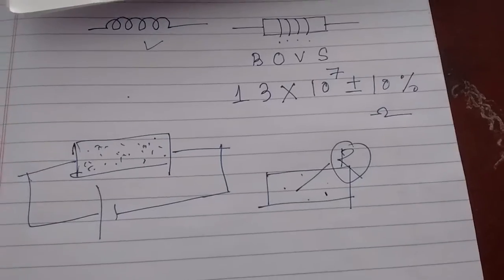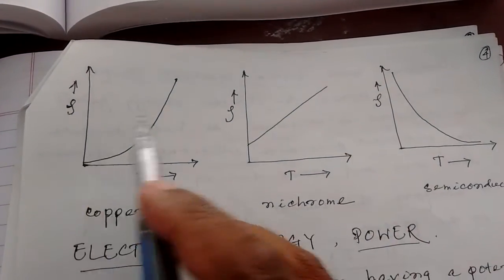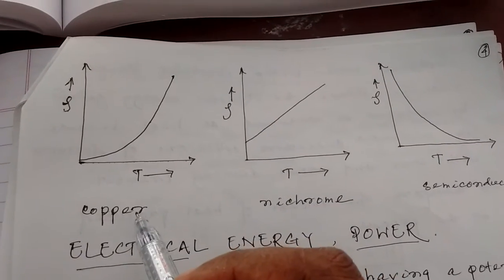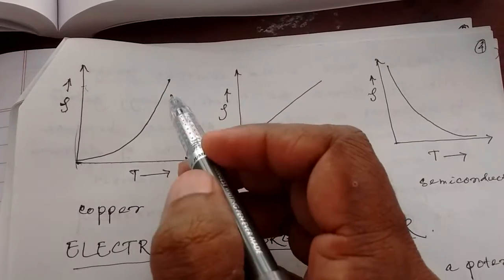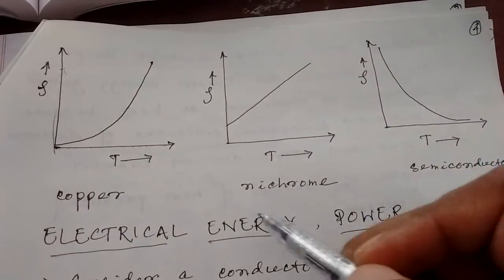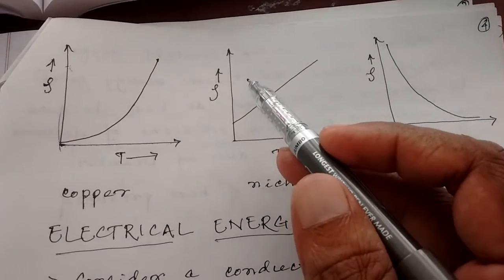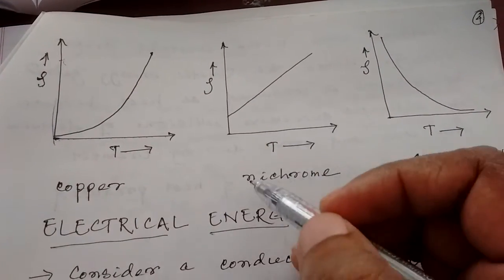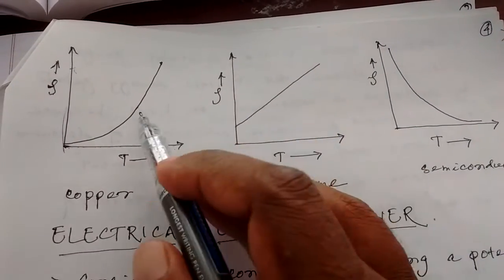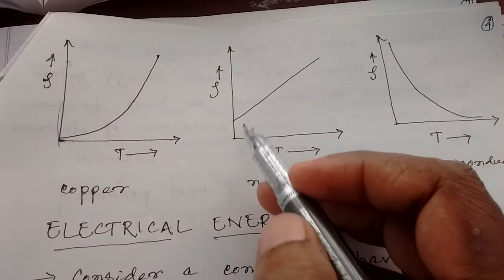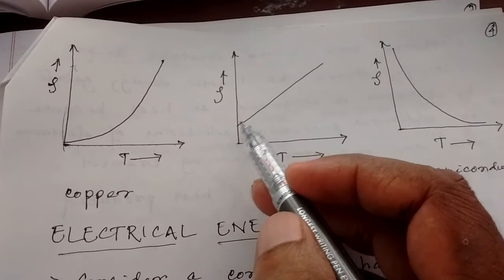Okay, here you take a look at the graphs of different materials, resistivity versus temperature. Copper is a material. Of course, if temperature increases, resistivity will increase because alpha is positive. Nichrome is an alloy. Its temperature increases, resistivity also increases. Of course, alloy is mixture of metals. That's why it is having same property like metal but different characteristic. You can see here at 0 Kelvin temperature, it is having some resistivity. Okay.